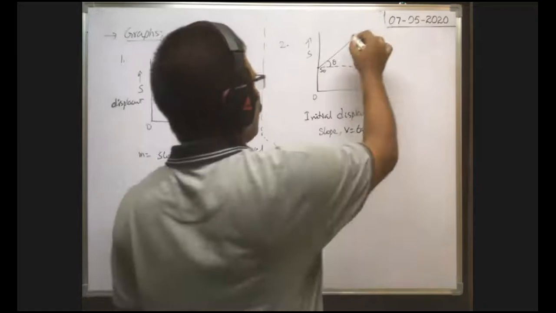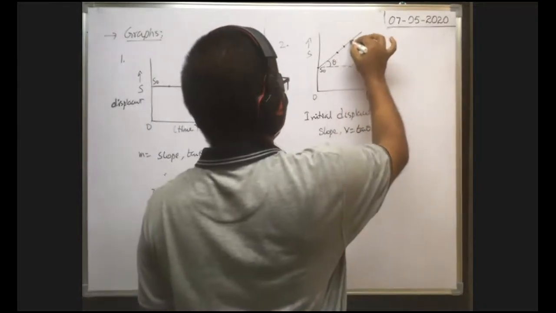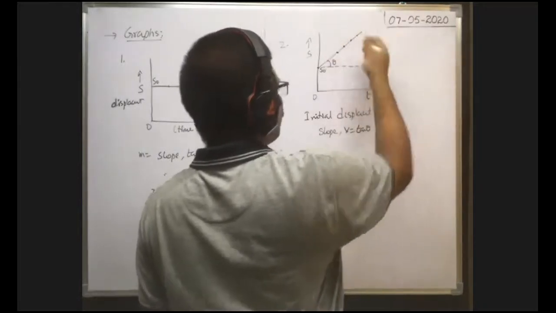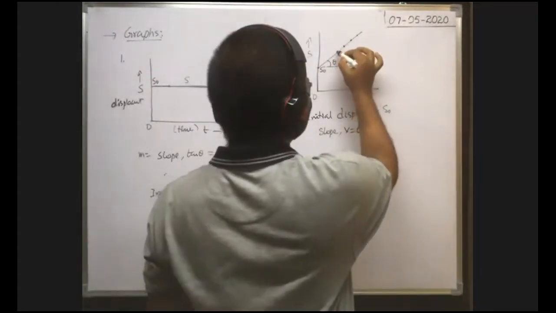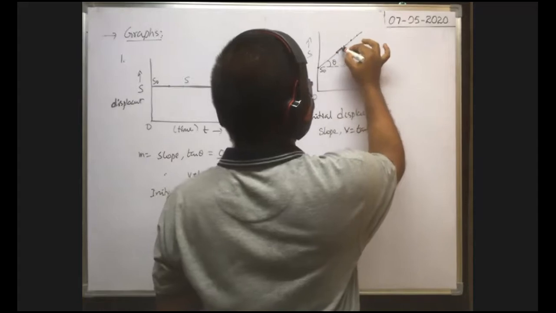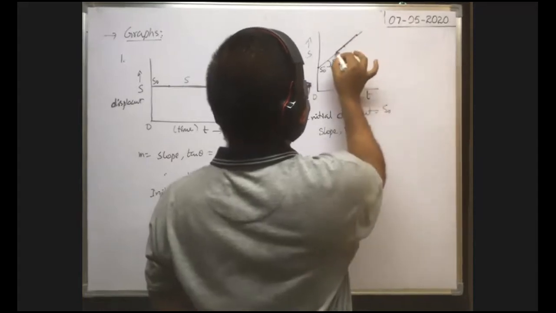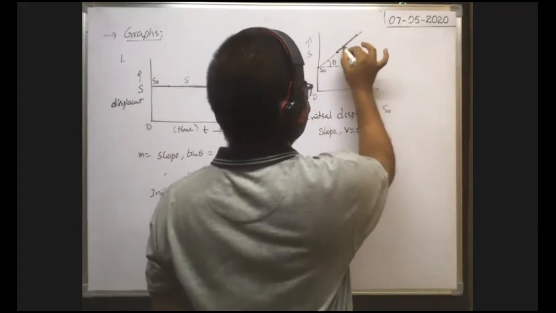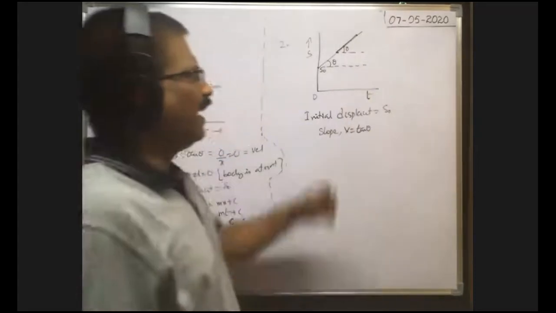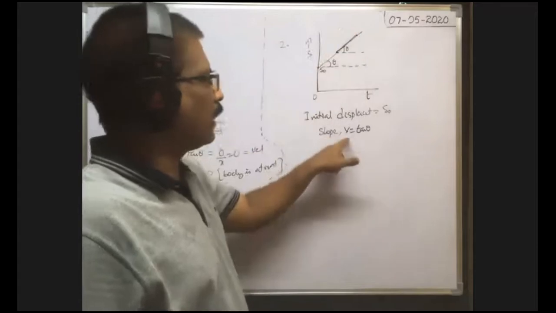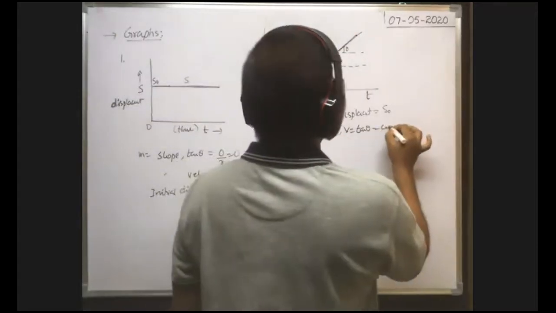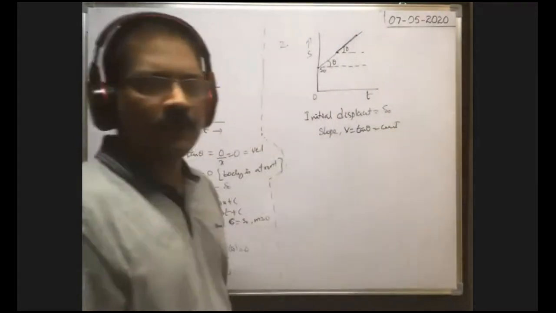Here on this graph, at any point when you find the slope, that remains the same, no? Because it is a straight line. Suppose if you want to find the slope at this point, you draw a tangent here. The angle made by this straight line with the x-axis is also theta only, no? That means at any point on this straight line, as the slope remains constant, velocity is constant. That indicates the body travels with a constant velocity, no?